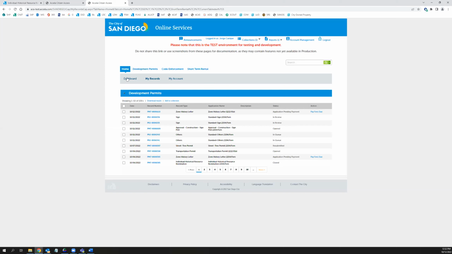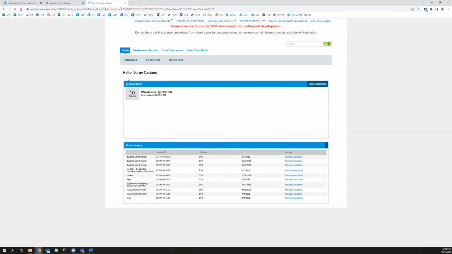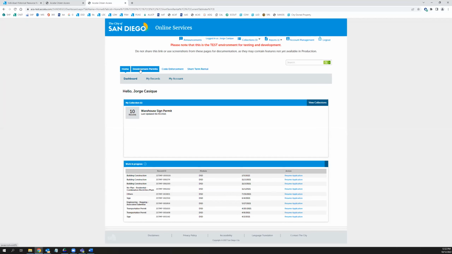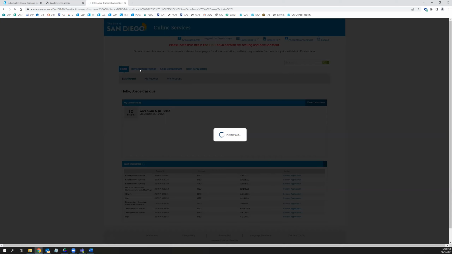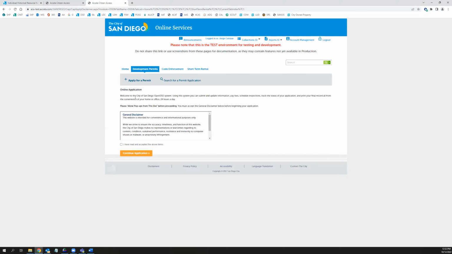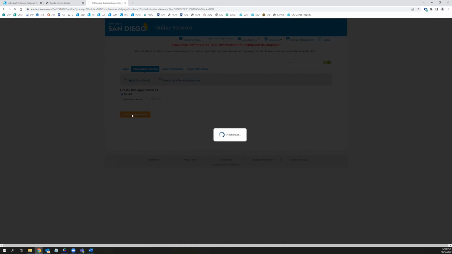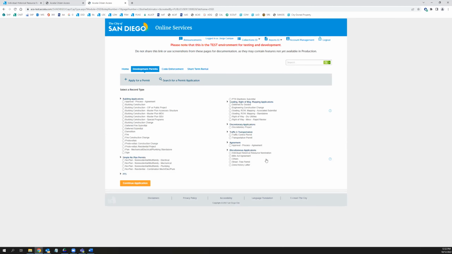So you would go through and log into your actual account. Once you've logged in, similar to the other one, you would go to the development permits tab at the top, where you have the option to apply for a permit or submit an application, right? Just like all the other ones, we have a general disclaimer that you have to accept before you can continue. Then you would go into the miscellaneous applications. As we identified earlier, we've got the individual historical resource nomination. So you would make your selection,